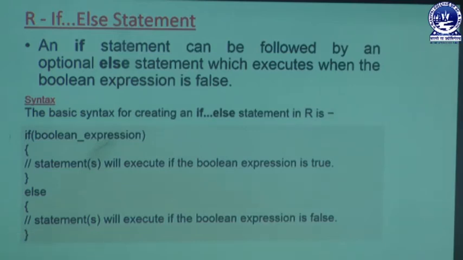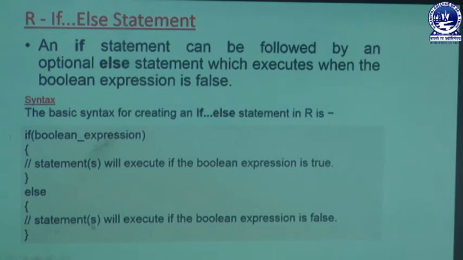Whatever the conditions or Boolean expression whose result decides the execution of these statements will be written only in the if block. Then there are some statements which will be executed if this expression is true, and if this expression gives a result of false, then there is a body which is called the else block.